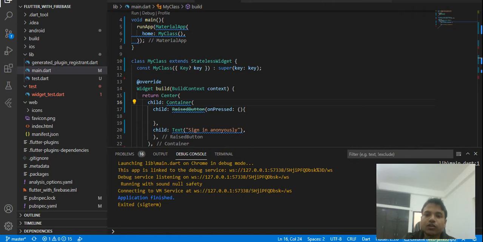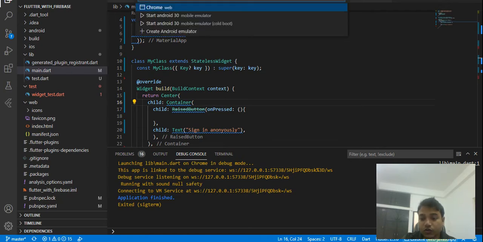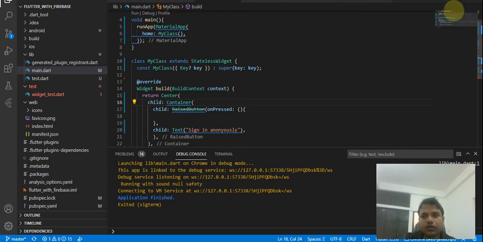That means which emulator you want to run your application. That's exactly what it means. So we click on it, and once you click on that, you can see there's a list of emulators connected with your device or running on your device. If it's a physical device, it will also be mentioned in the list. So what we have to do is select Chrome, because we are going to use Chrome for debugging the application. So click on it and click here, or click on run.